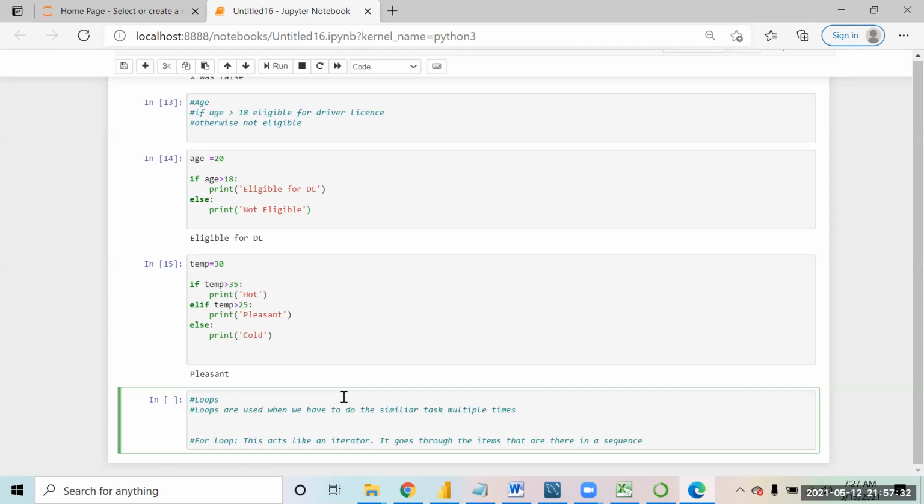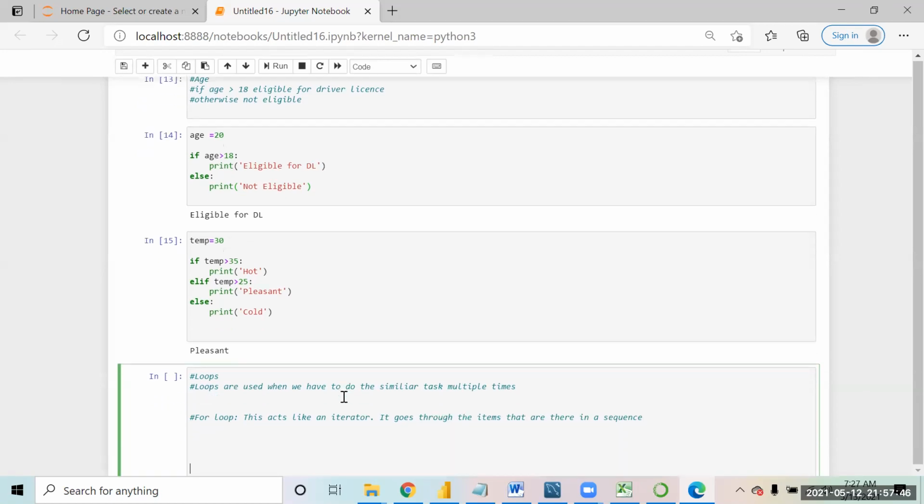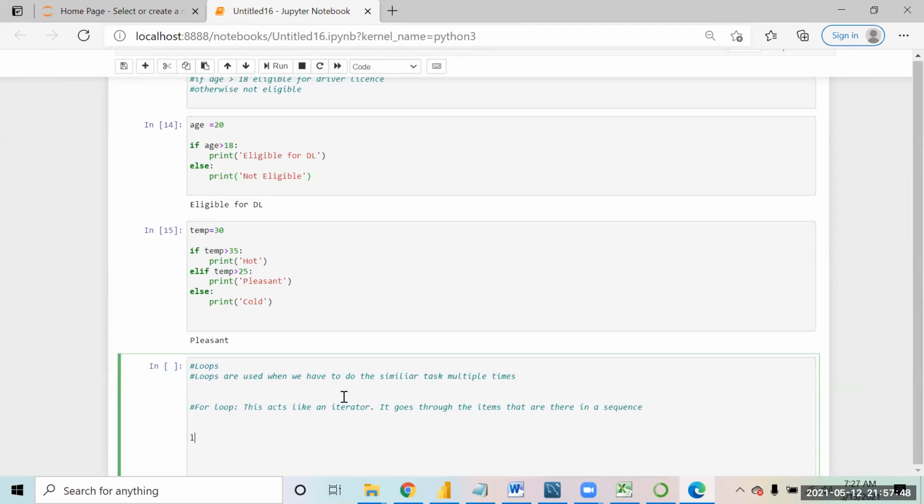So how we use this loop is, we will have to make use of a list or a dictionary or a tuple over here. For example, I create a list, and in the list I put 1 2 3 4 5.